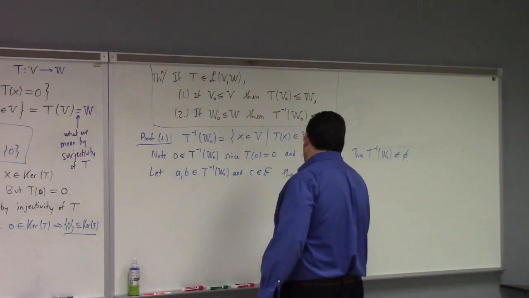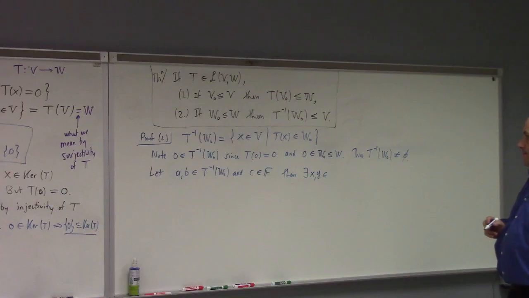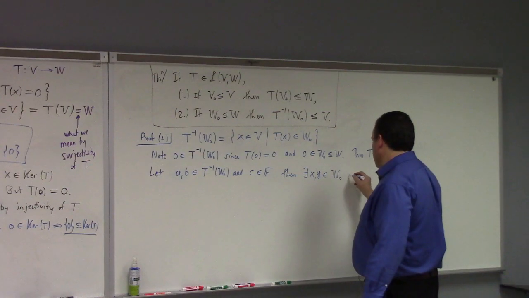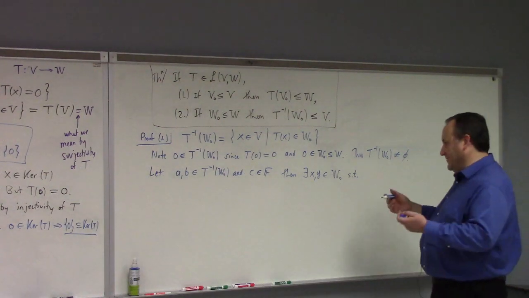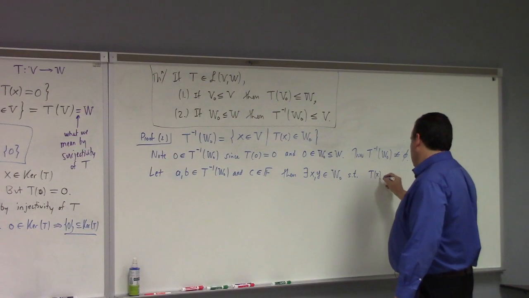Then there exist x and y in W naught, right? Such that T of x is equal to A,